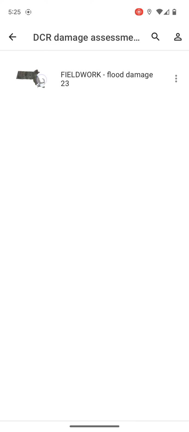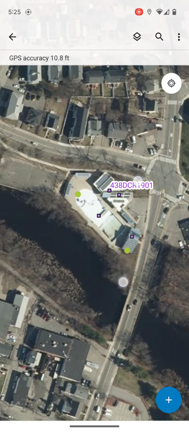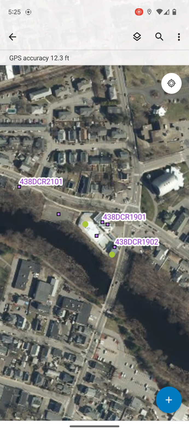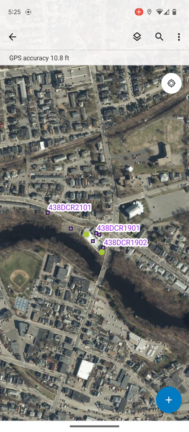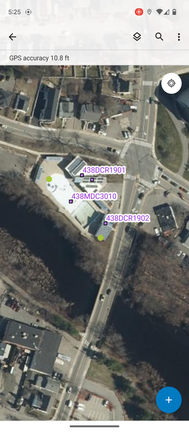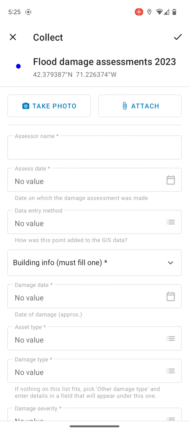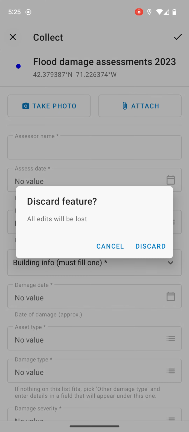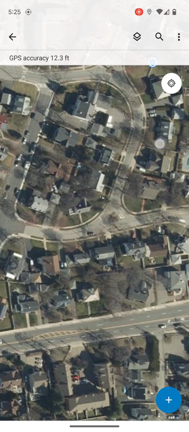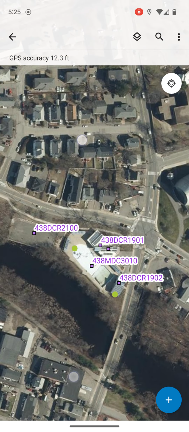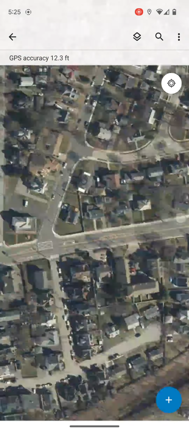If I clicked on the map itself, it would take me into data editing mode, the online mode. So this data right now that I'm looking at is hosted in the cloud. It looks like there's 2 points that have already been added. I can click on the plus sign and add more points. I can discard. Here we go. I can go back to this area. I can hit on the plus sign